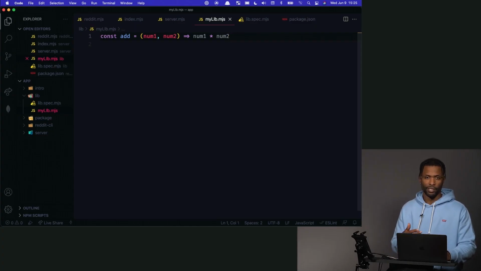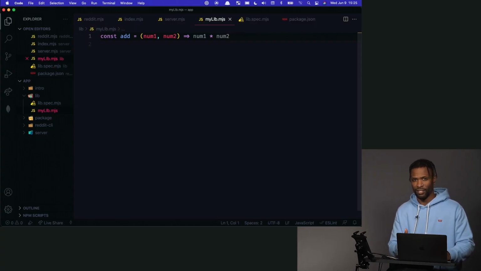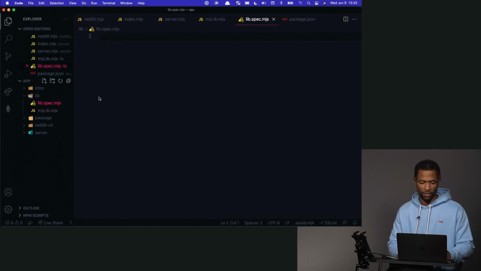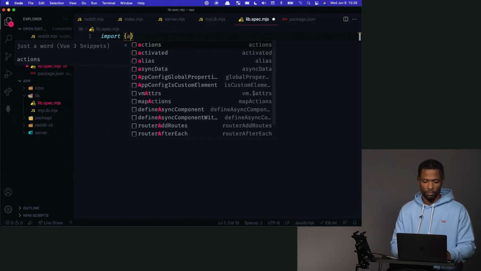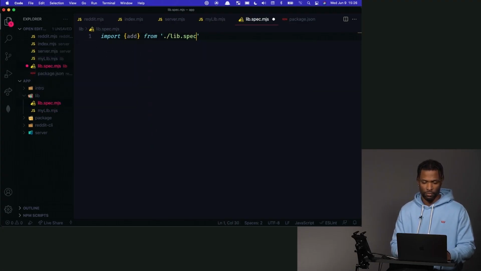So we got that. In order for me to test this code, this unit, I have to export it. Otherwise, I can't import it. So I'm going to export this. And now I can actually import this into some other file, which then I can use and test. So in my other file, which is going to be the spec file, I'm going to import that method from, not this file, but my